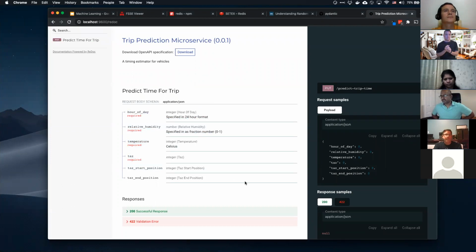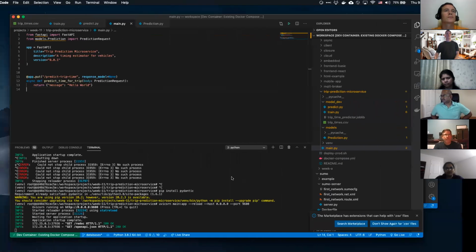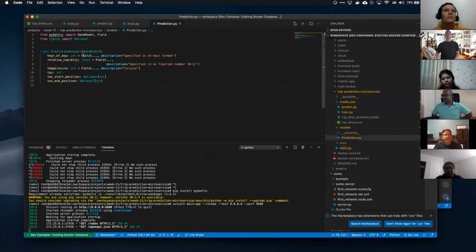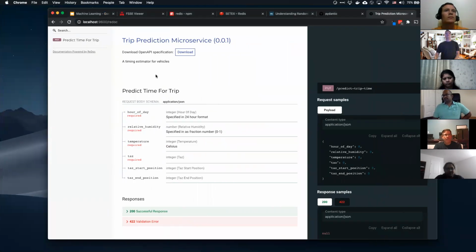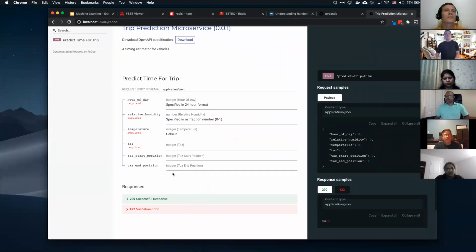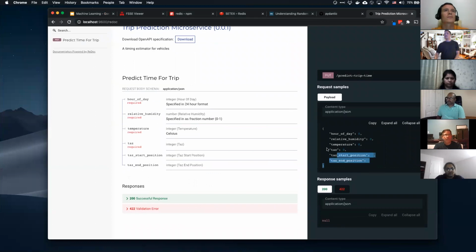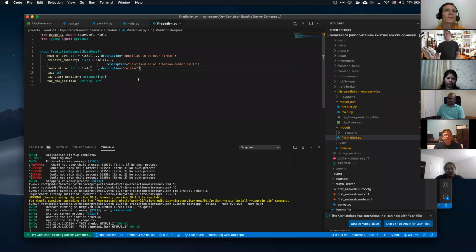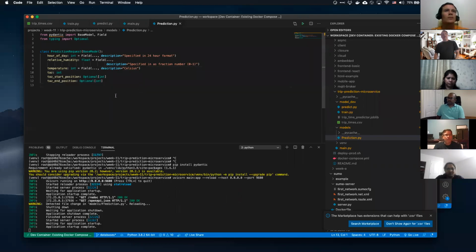That's a pretty powerful thing if you think about it, especially all the work that we went through with Express. We had to do that kind of all ourselves, right? But with this, we're actually able to define at one place our prediction request model, and it gives you not only validation but also documentation. So you can kind of see, it gives you examples and our descriptions there. So that's pretty cool.